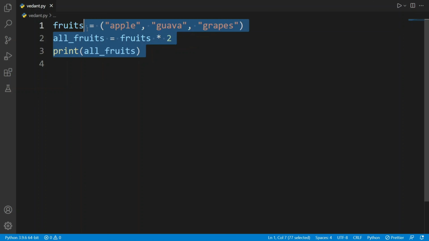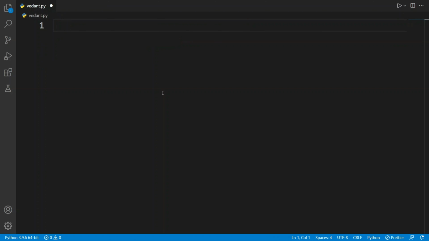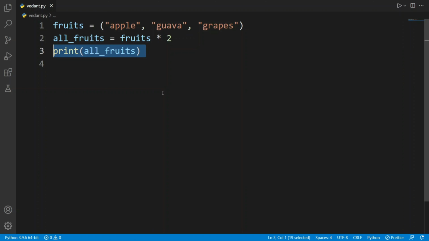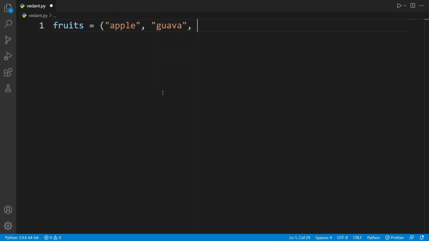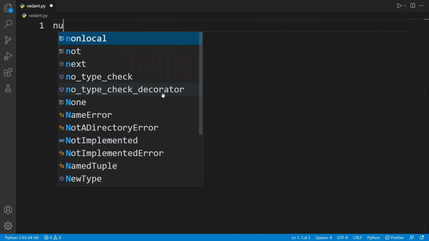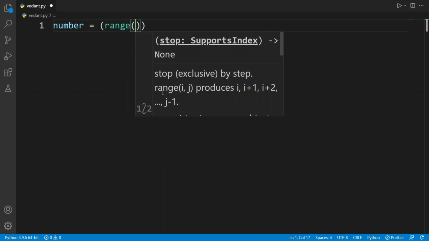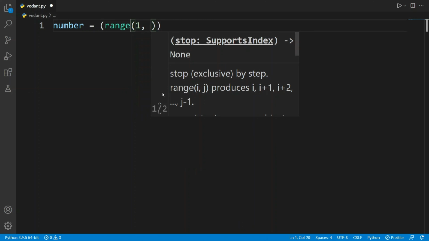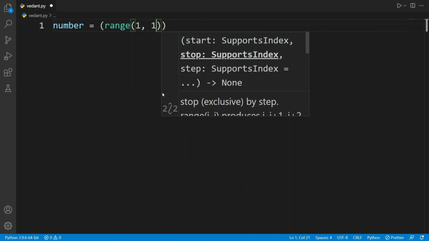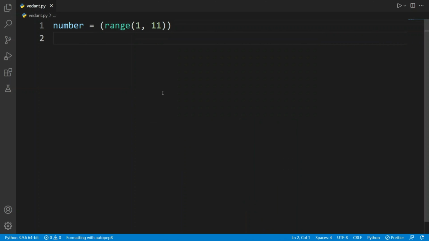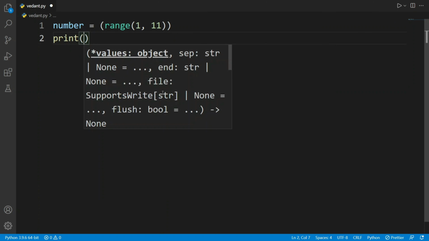Now let us loop over this fruits, okay. So we have this fruits. Now let us use loops. Or let us change the tuple and create another tuple. So we have a tuple, we can also use this range function, okay. So from 1 I want up to 10 or 11 basically, so it will go up to 10. Now if I will print this tuple,